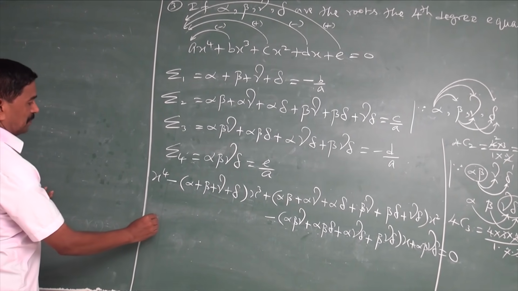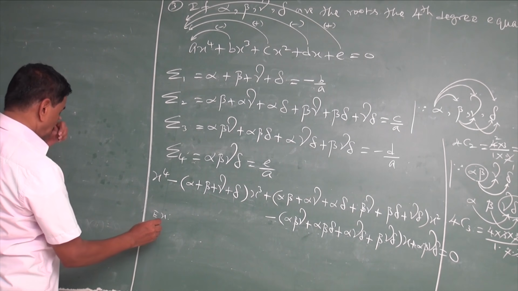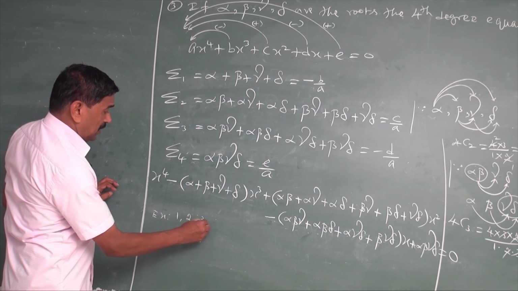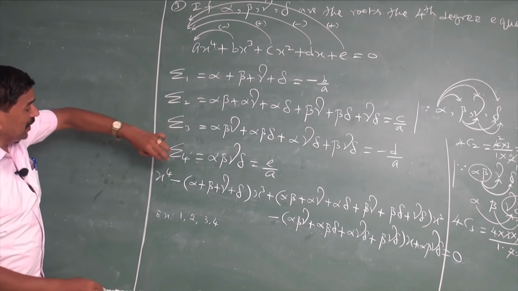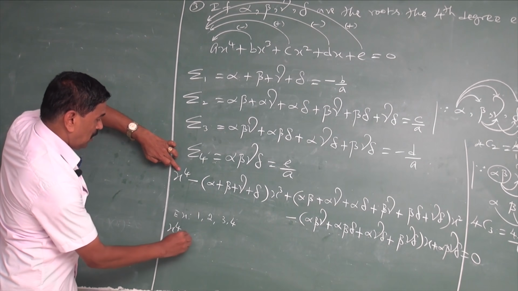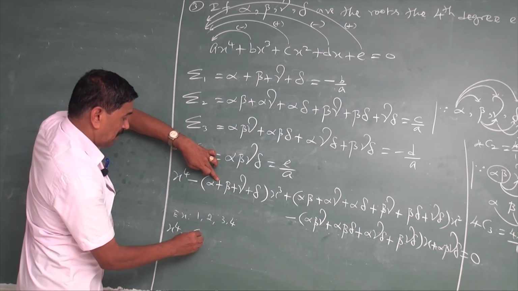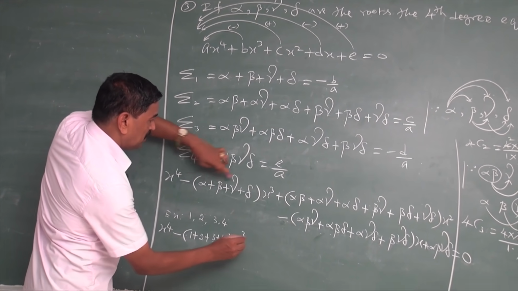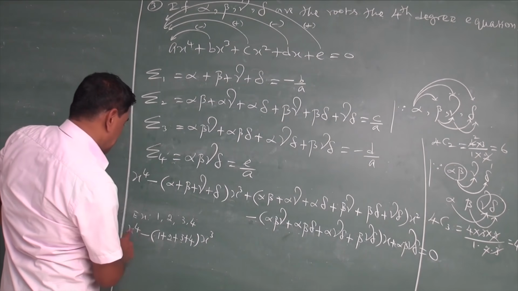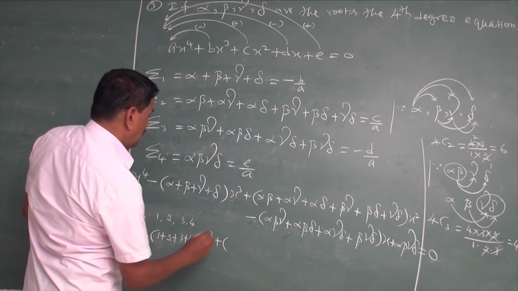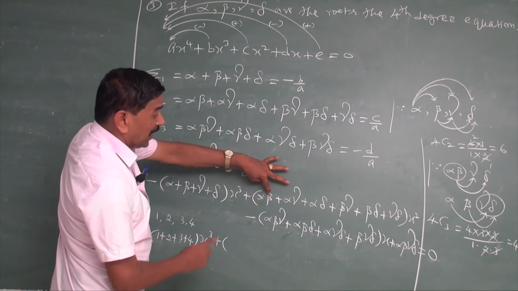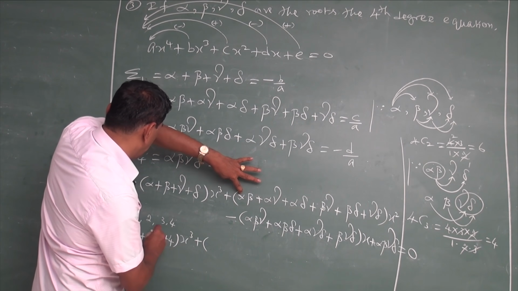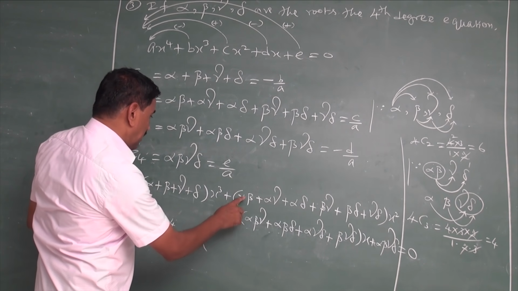For example, form the fourth degree equation if the roots are 1, 2, 3, 4. Then the required equation is x power 4 minus the sum of the roots taken one at a time, which means (1 plus 2 plus 3 plus 4) into x cube, plus the sum of the products of the roots taken 2 at a time. That is alpha into beta, where alpha is equal to 1 and beta is equal to 2,